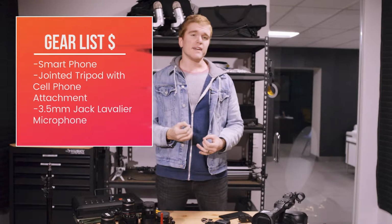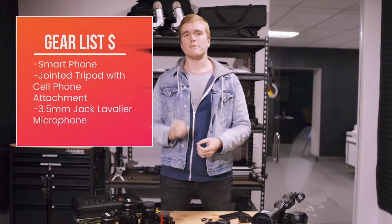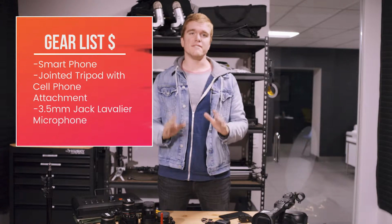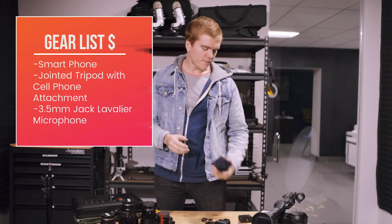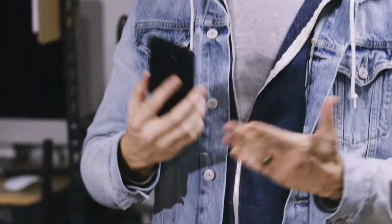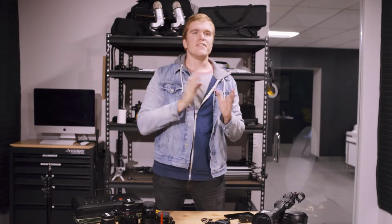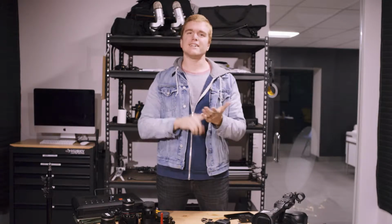So the first price bracket we have developed for you is really easy entry-level stuff because everybody has a phone in their pocket nowadays, and those phones are actually very adept at shooting video. Now, what I got here is a Samsung phone. Doesn't matter what kind of phone you have nowadays. You just need a phone that can shoot HD and also get a little bit of audio in there as well. The real bulk of the importance is what your client is saying, and that needs to be clean, clear,